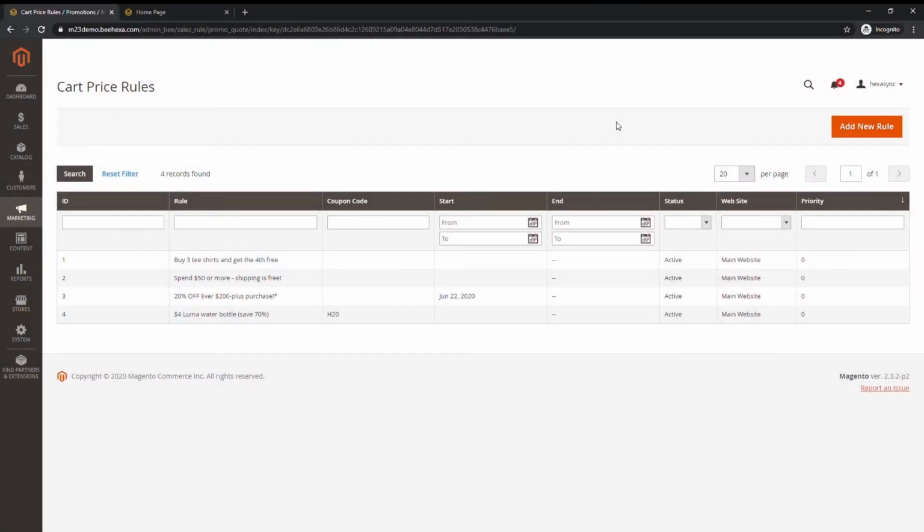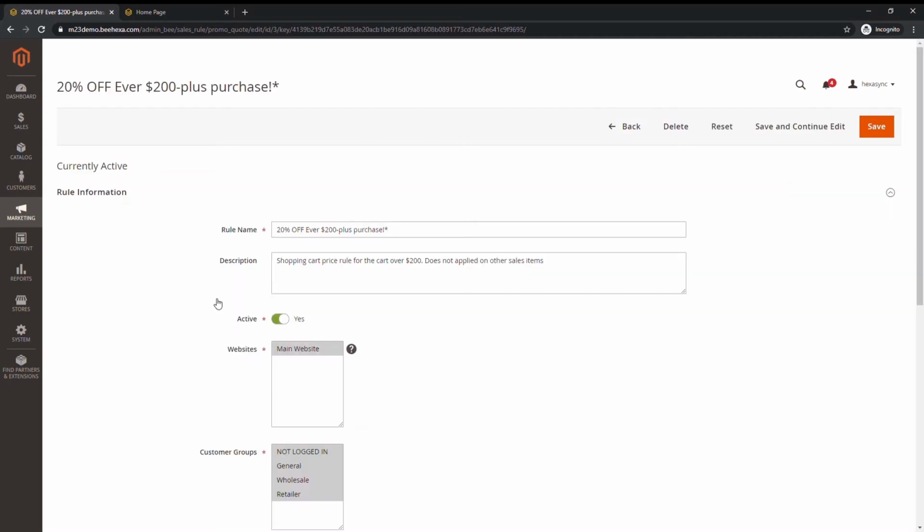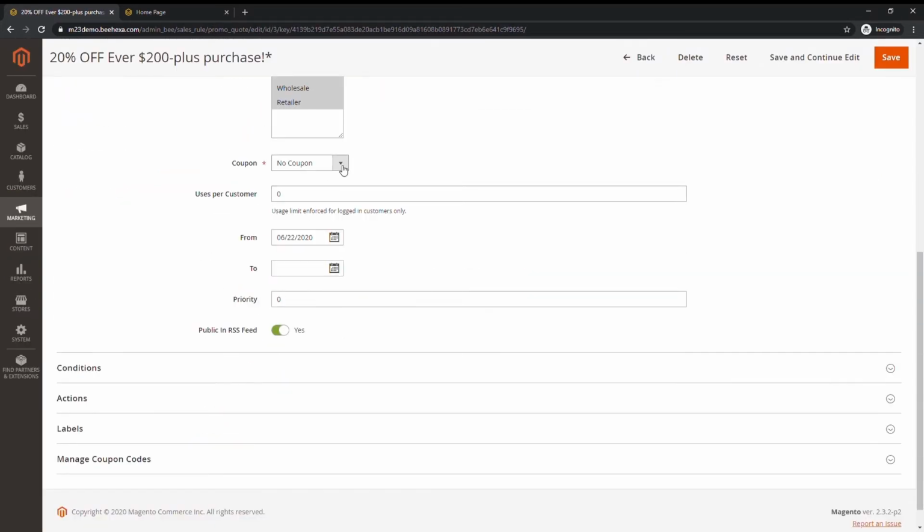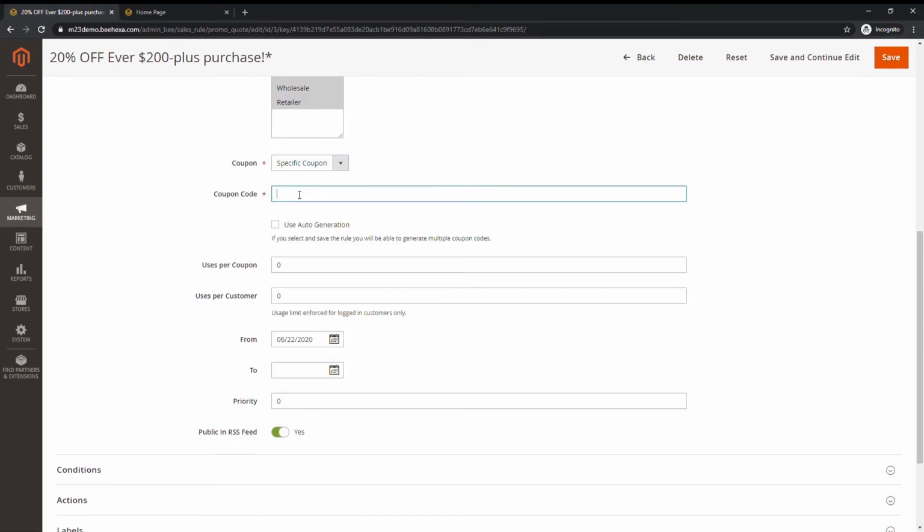To create a specific coupon, follow the previous video to create a cart price rule. On the general information page, set Coupon to Specific Coupon. Enter a coupon code to be used with the promotion. To generate a batch of coupons, mark the Use Auto Generation checkbox. To limit the number of times the coupon can be used, complete the box Uses per Coupon or Uses per